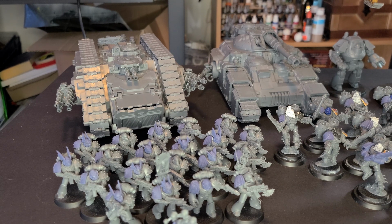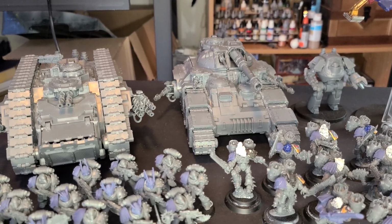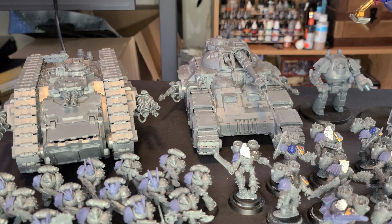This thing here is like more than double the transport capacity of a Land Raider in 40k, and more than double the firepower. So, if you go anti-tank, or really anything, this is a really strong unit, I think. But next to that, I have the Kratos. Again, a great anti-tank, but also anti-infantry with that cannon. I think this thing here has a really strong